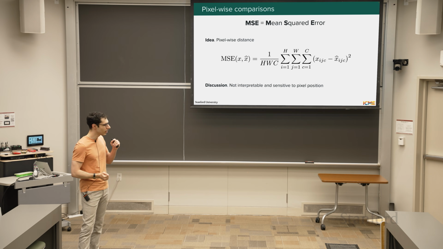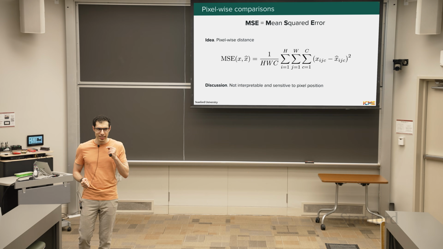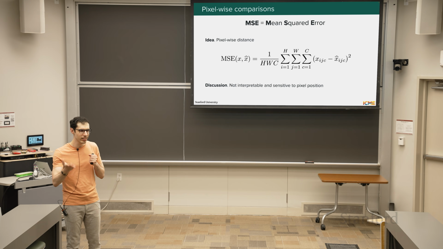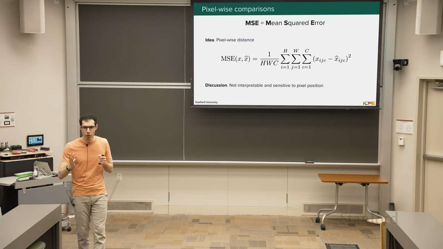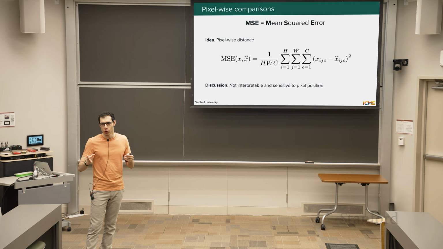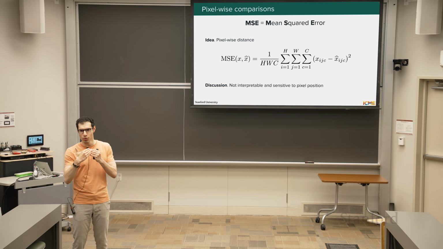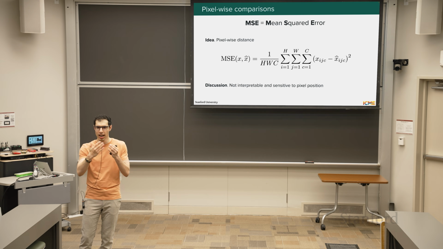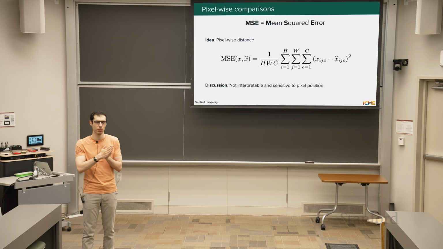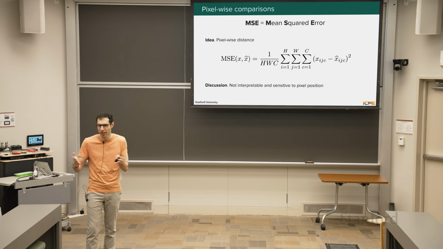That's one drawback. The second drawback is that if we tell you an MSE, let's say it's 10, you don't know what to do with that number, because it depends on how you encode your pixels. Sometimes it is between 0 and 1, sometimes between 0 and 255, the scale varies,